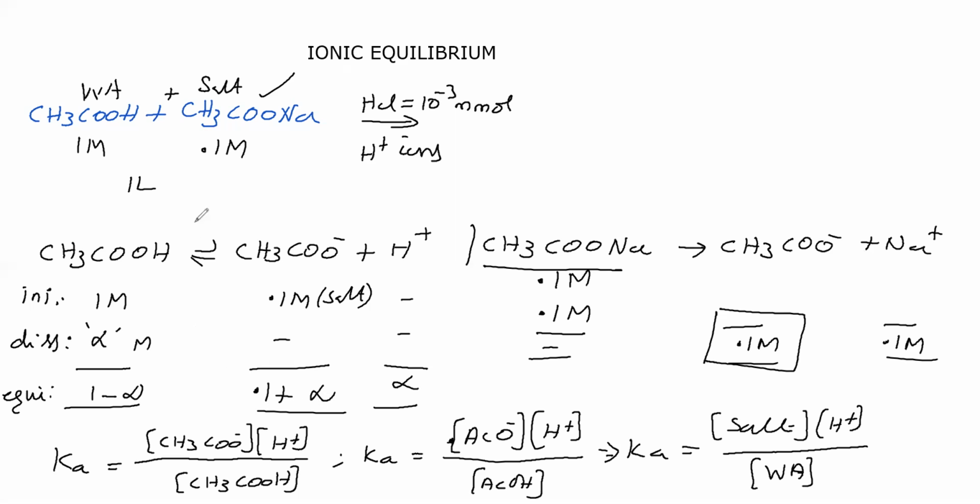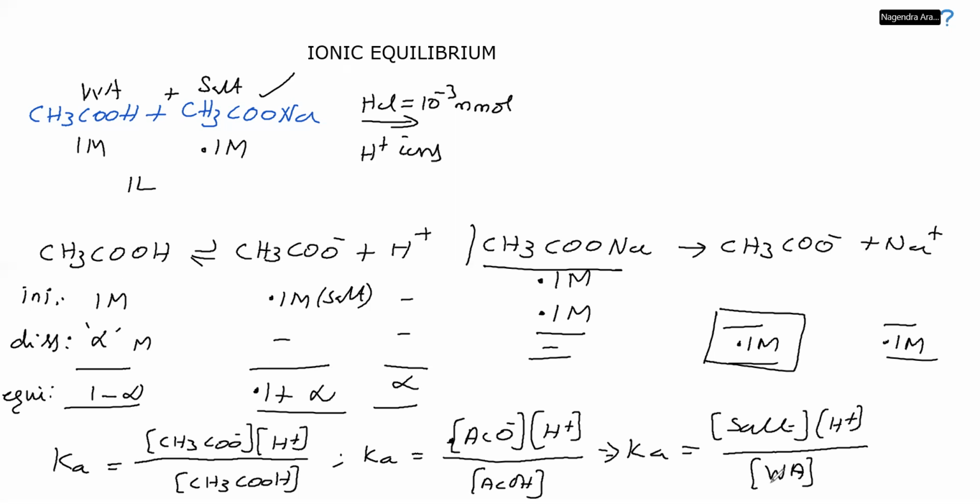Okay, sir. As per this example, I have neglected alpha when compared to 0.1. So 0.1 is nothing but initial concentration of salt. That salt concentration I have substituted here. Similarly, when alpha is negligible to 0.1, why not with 1? So I am neglecting alpha with 1. Therefore, this is nothing but 1 only. So this ACOH is called equilibrium concentration of acetic acid, that I am taking as an initial concentration of acetic